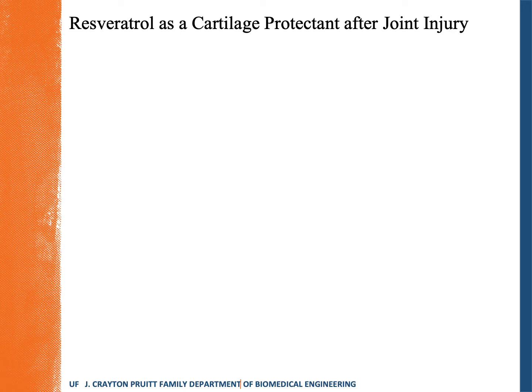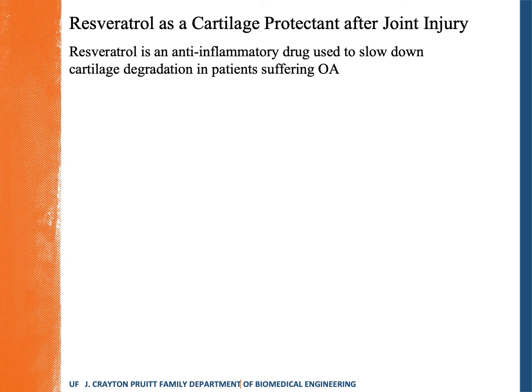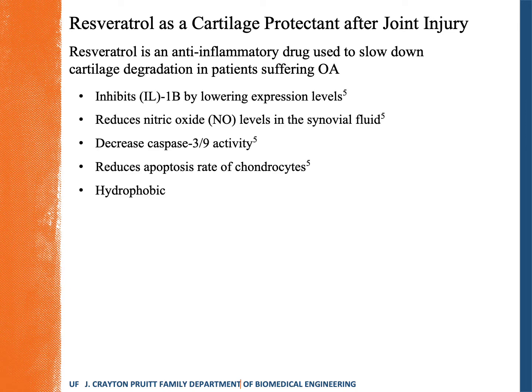Resveratrol as a cartilage protectant after joint injury. Resveratrol is an anti-inflammatory drug used to slow down cartilage degradation in patients suffering from OA. Some of the mechanisms responsible for this include the inhibition of IL-1 beta by lowering expression levels. IL-1 beta is a biomarker of inflammation and is seen as pro-inflammatory. If we can lower these expression levels, we know that resveratrol is doing its job and acting as that anti-inflammatory